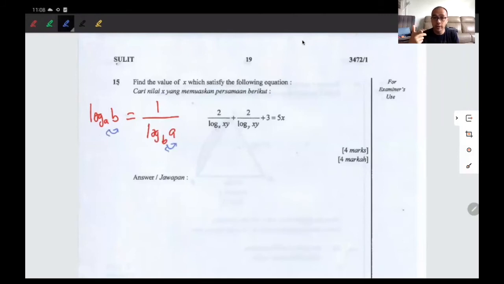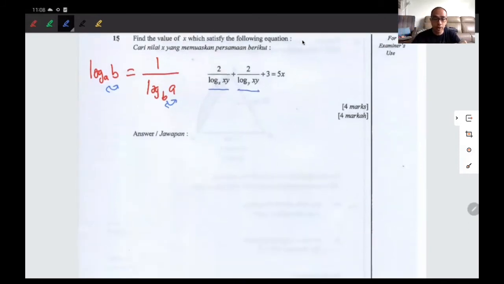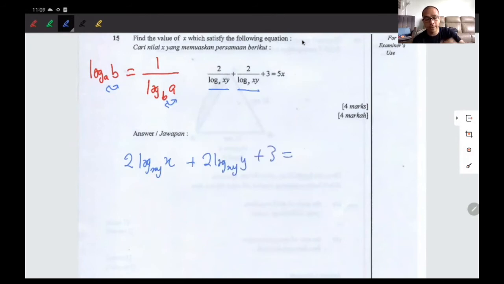Okay, it's 1 over. Okay, so which means ini log x xy sama log y xy kan saya boleh bawa dia naik ke atas tau. Okay, I will get 2 times log xyx. Saya bawa dia naik ke atas dan saya terbalikkan dia punya base and dia punya this one. And then this will be 2 log xy y. Okay, plus 3 equals to 5x. Now these two, ini dua ini, saya boleh